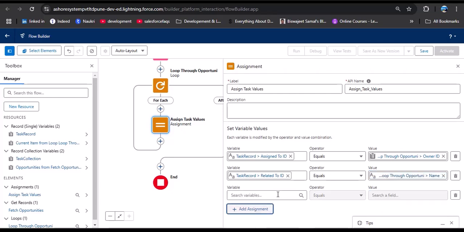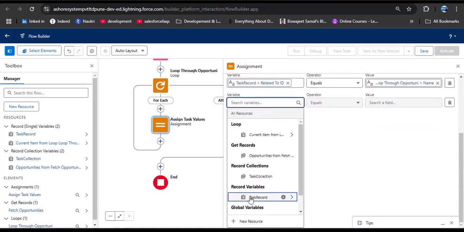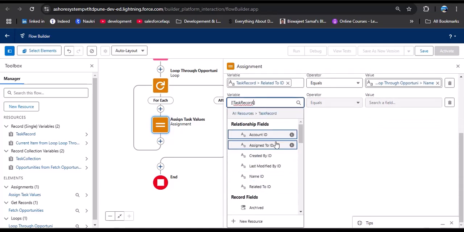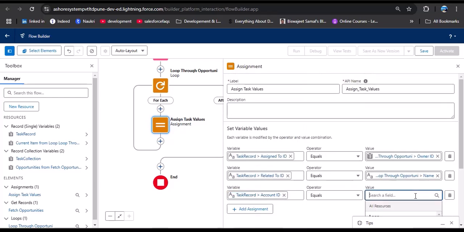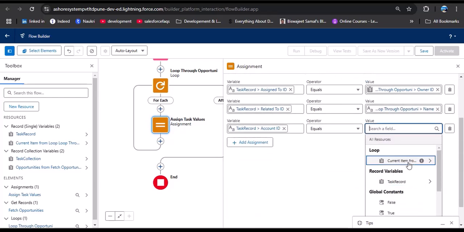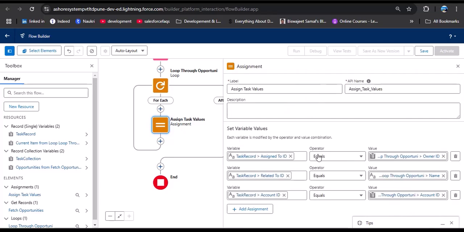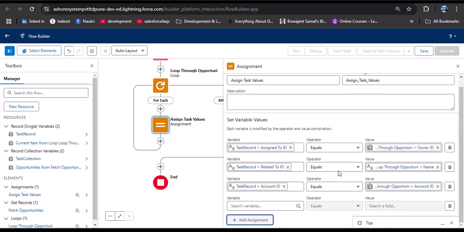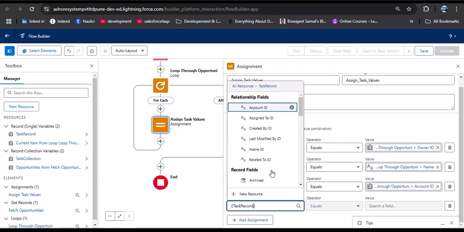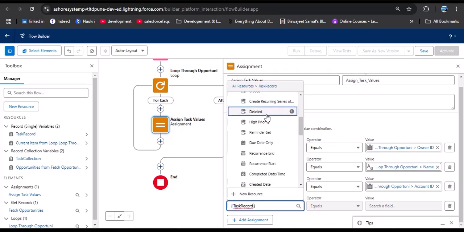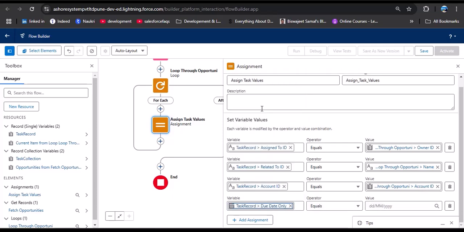Again, add assignment, select the variable, task record. Here we can provide account ID also. For that, click on account ID equals, again from the loop element, and then account ID. Again add assignment, scroll down, variable, task record, scroll down, and here I am selecting due date only, equals. Now in the value